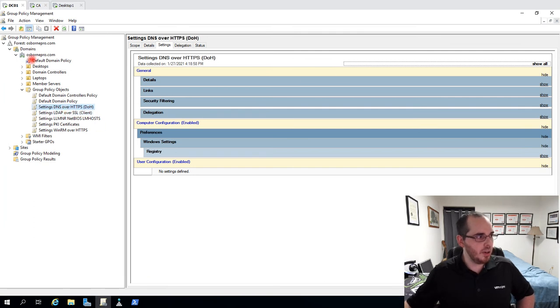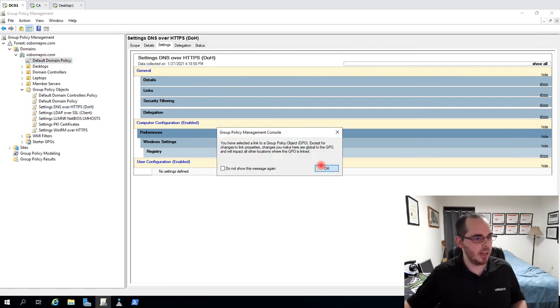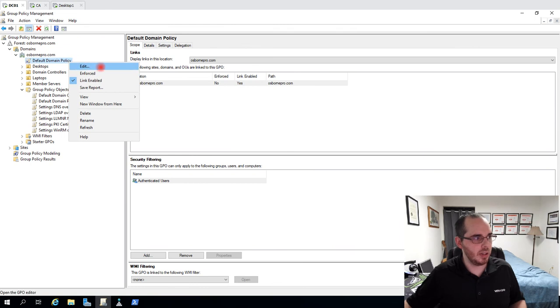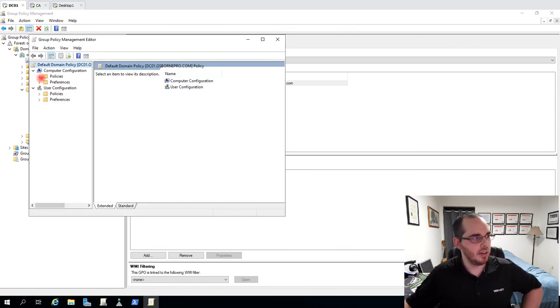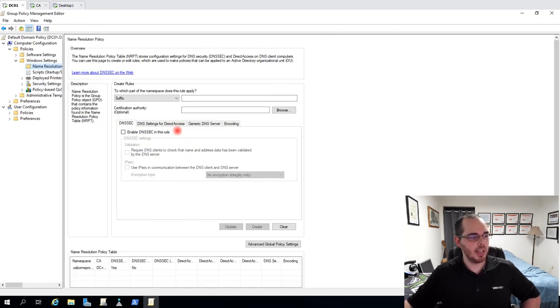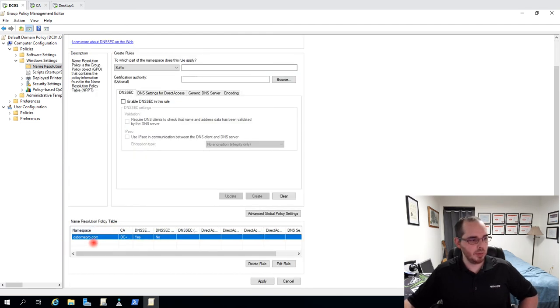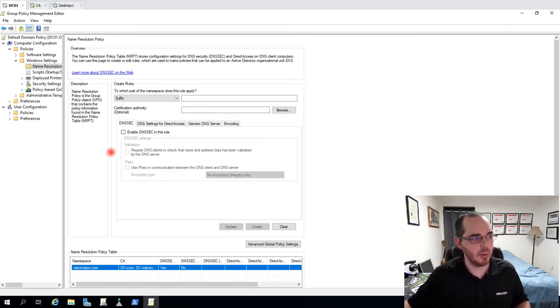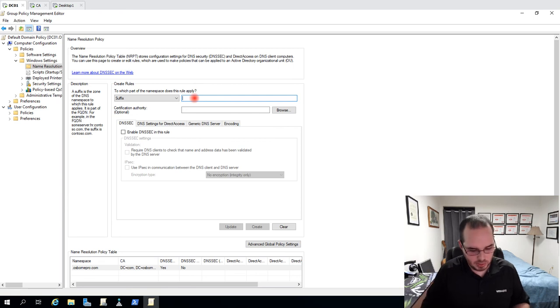Just to make sure, the other thing that needs to be done with DNSSEC is through group policy. You need to go to your default domain policy and right-click and go to Edit. And then under Policies, Windows Settings, Name Resolution is where we would set our configuration. So down here at the bottom, you can see I have my OsbornePro namespace with the CA defined. So what we would do if we were setting this up in our suffix here, we want this to apply to, say,